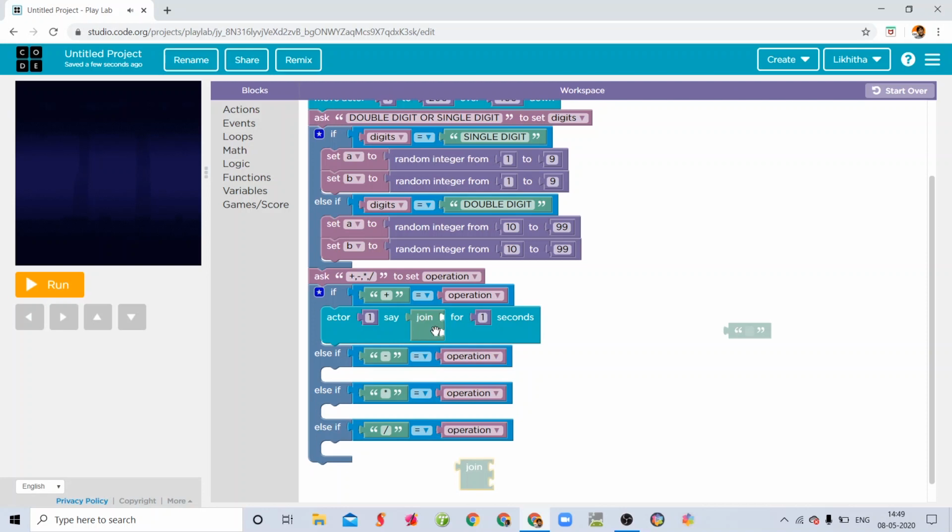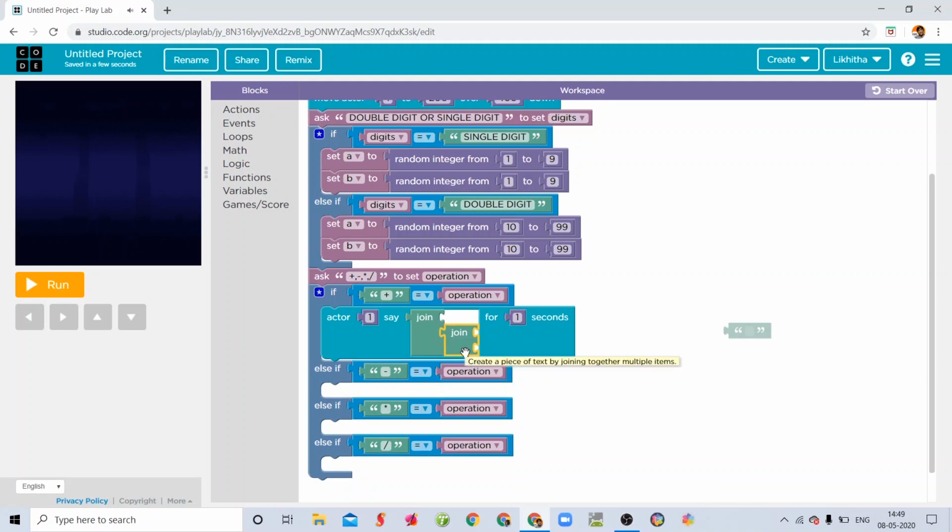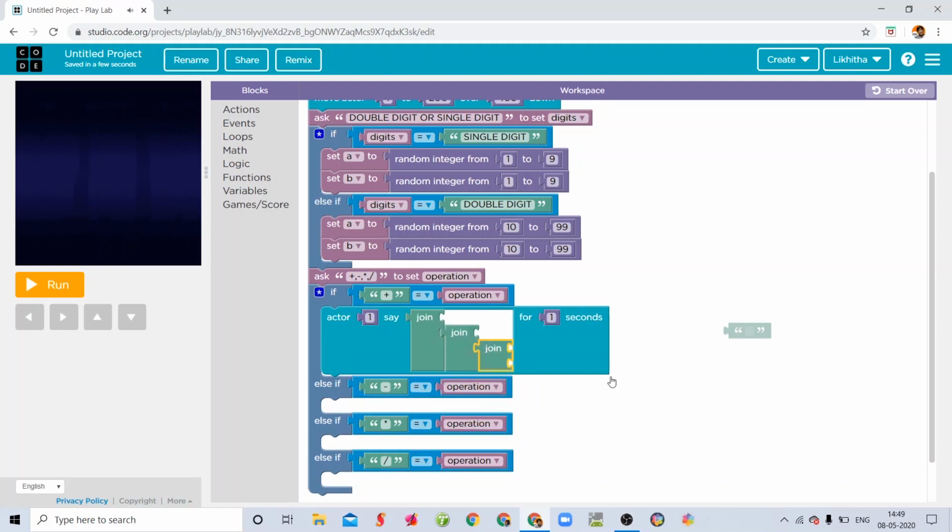Control C and Control V, and I'm dragging this join block which we got, and again I'm doing Control V as we need another join block. And next I'm dragging this block and dropping it over here. Control C, I'm doing Control V, and this block should be on the top as we are saying what is, and this should be in the center. So I'm typing here what